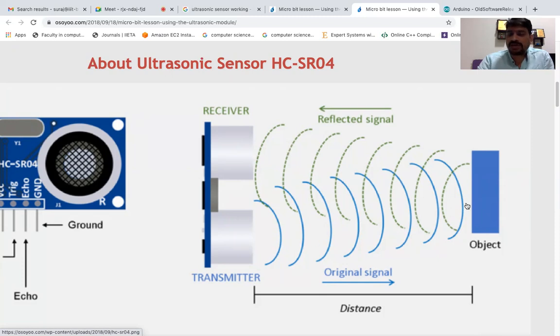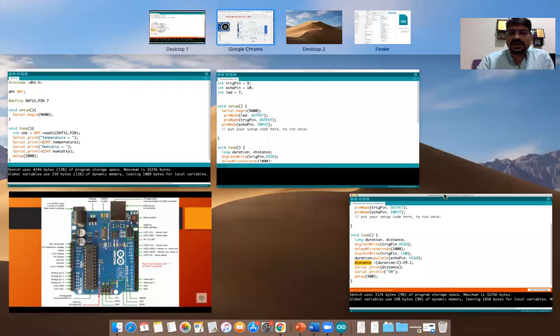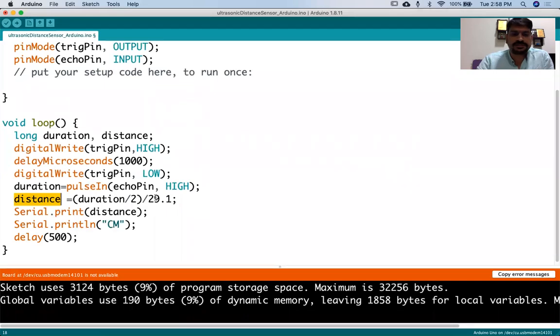The time the wave takes to reach the object and come back to the receiver, based on that time, we calculate the distance. Getting it? That's why this particular formula is there. This will tell you the distance.